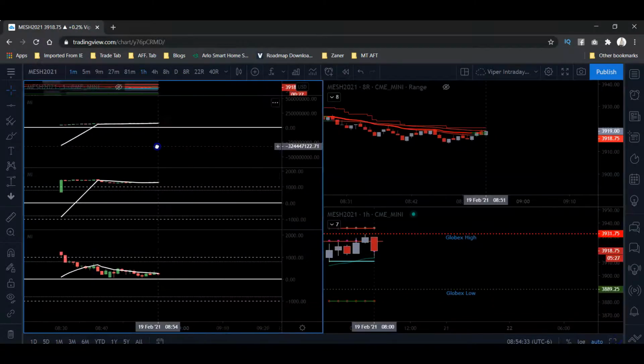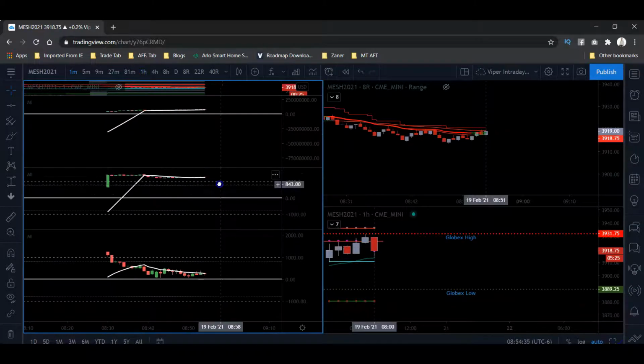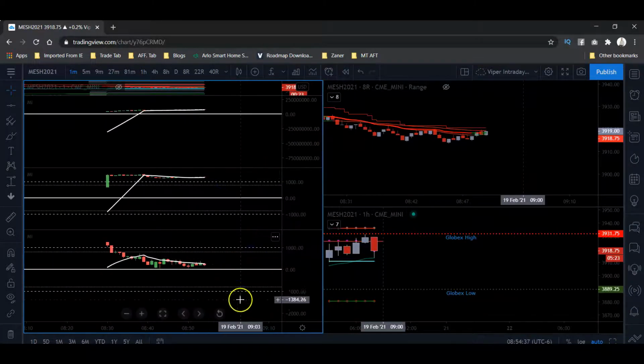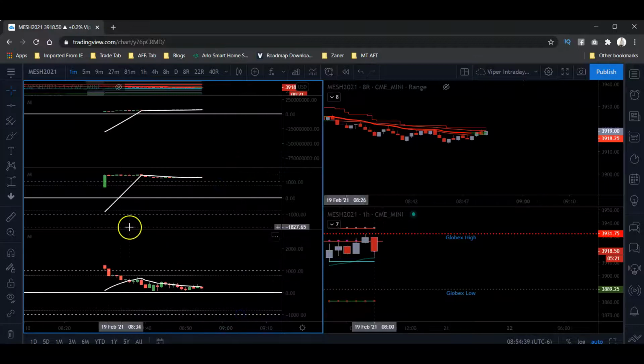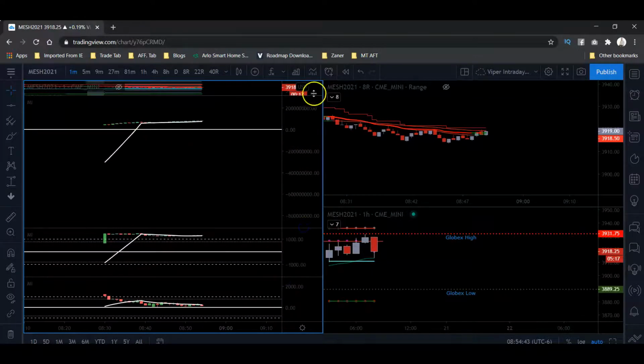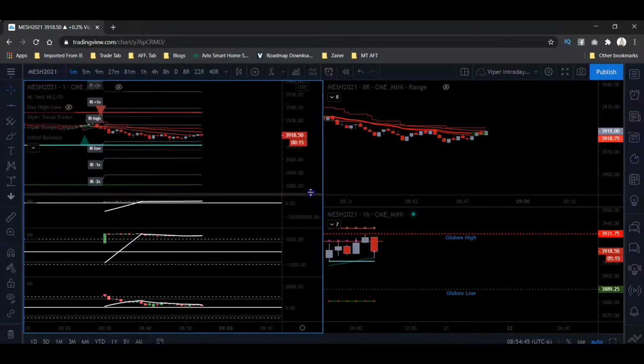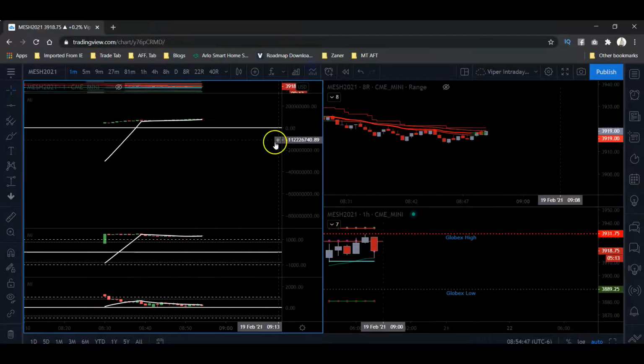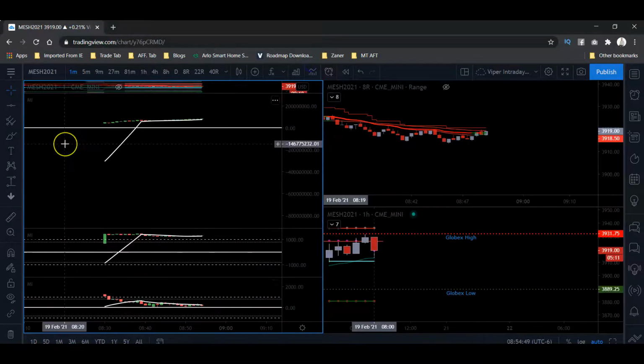Final thing that I'm trying to perfect too, like I said, is market internals. The market depth, the ticks, which I may have accidentally deleted something here because this is still fairly new to me, and I'm reading John Carter's books on it. Looks like I may have deleted something. One of these indicators got deleted, but looking at advanced decline, the trend, the tick, and stuff like that is